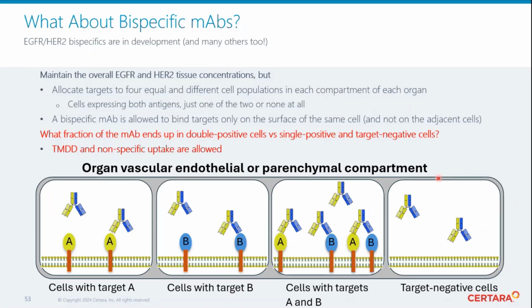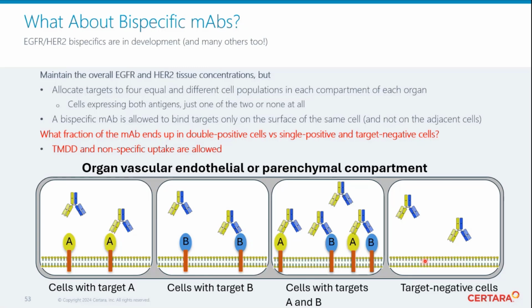And we can do the same exercise, this time a bit more in silico, to see if a bispecific antibody can help. I'm using the same EGFR HER2 data, but I'm modeling a hypothetical antibody that would be bispecific, can bind with one target or the second target, or in cells which have both targets, by one arm or both arms, or cells which don't have any, will still be internalizing a little bit.